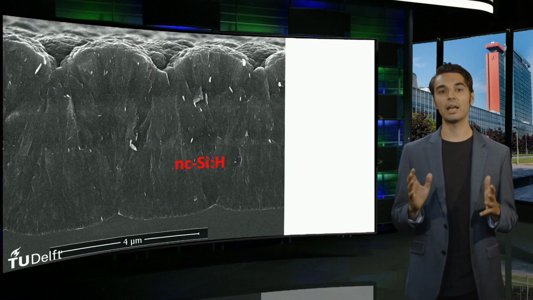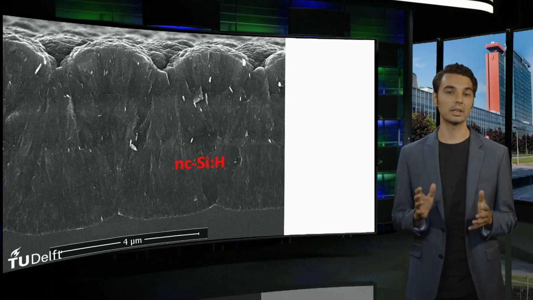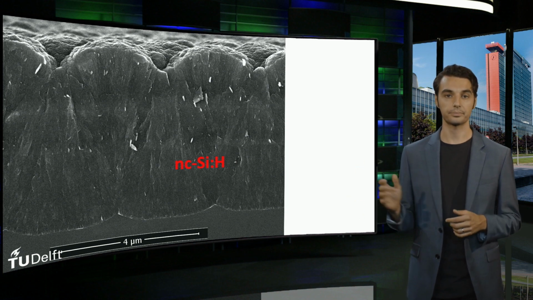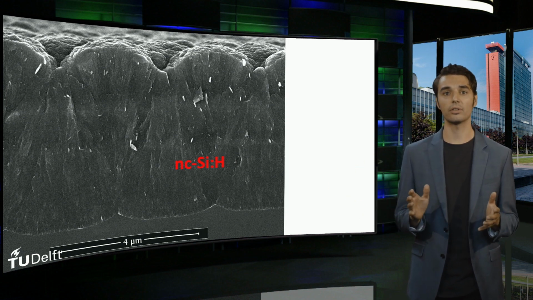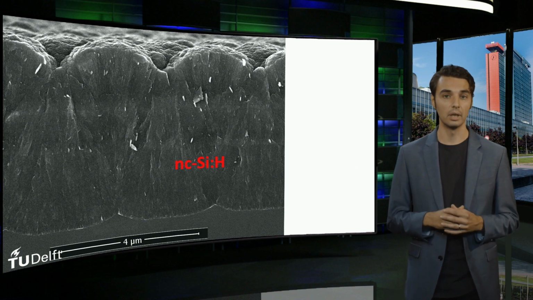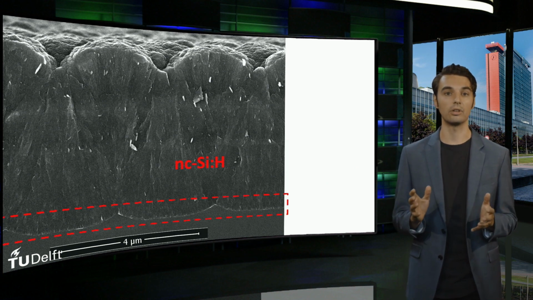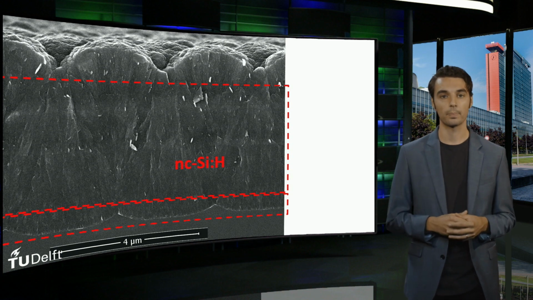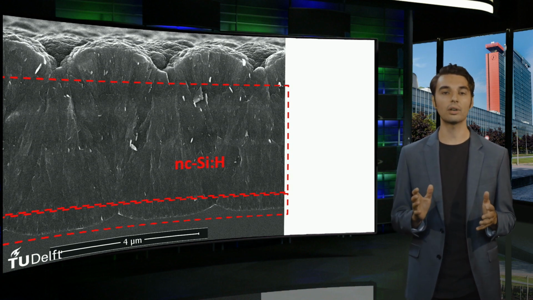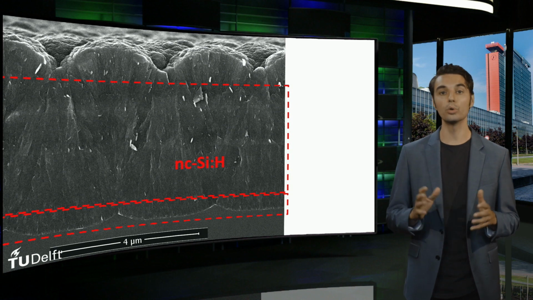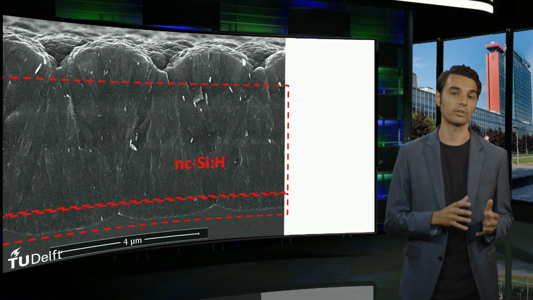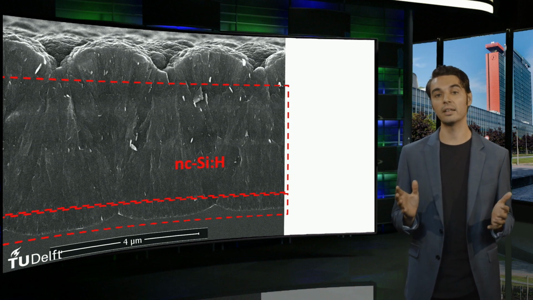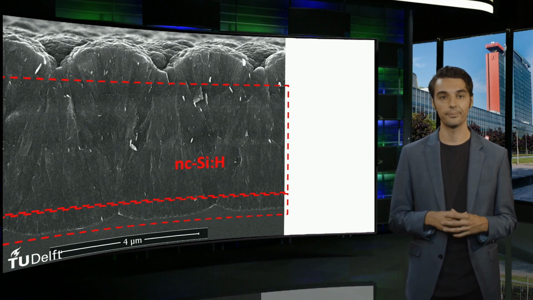An example of a nanocrystalline silicon layer with predominantly crystalline grains is shown here. In this image of nanocrystalline silicon on textured crystalline silicon, the small crystals of the incubation layer and the larger crystals of the columnar growth are visible. Research has shown that the best nanocrystalline silicon bulk materials used in solar cells have a network close to the transition region between nanocrystalline and amorphous silicon, with a crystallinity of about 60 to 70%.